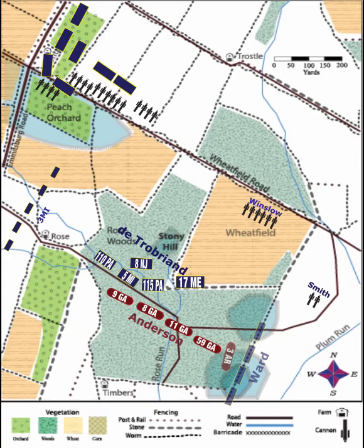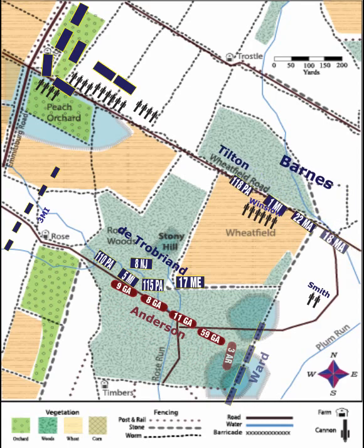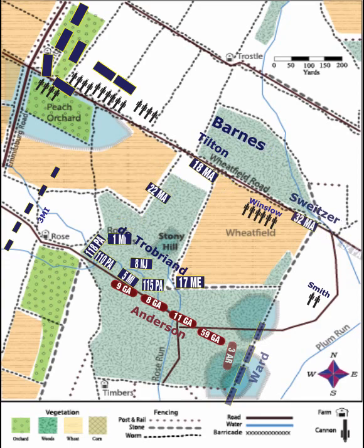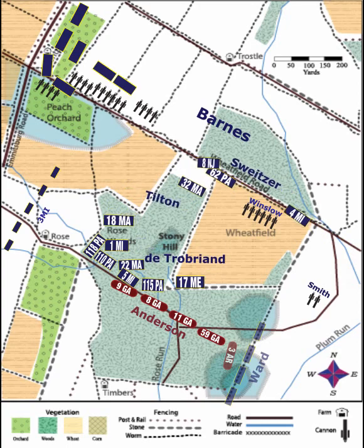But this unit has a handy stone wall to fight behind, and it's also well supported by the 6 cannons of Winslow's battery, right behind them in the Wheatfield. Anderson is stopped, but he falls back, regroups, and attacks again. Meanwhile, Federal Division Commander Barnes arrives with 2 brigades, Tilton's and Schweitzer's, which he orders into the wooded Stony Hill area to reinforce Detroit-Brand. With the new Federal reinforcements, Anderson is making no progress, and he calls for reinforcements,